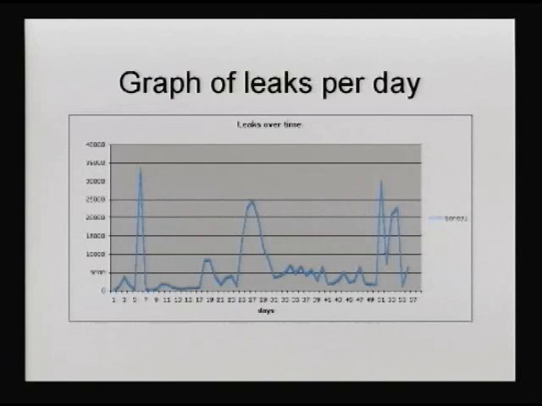So I've got this graph of leaks over time. I didn't get the date labels on the right. It starts sometime in the beginning of August, and it ended last night. This shows the leaks over time. There tends to be a relatively stable amount of noise, and then a couple of different events that periodically happen.